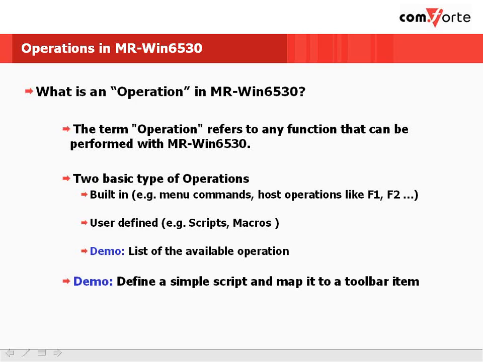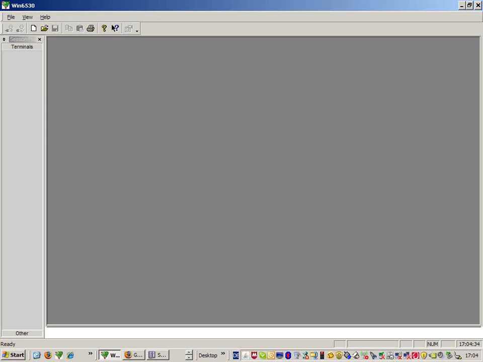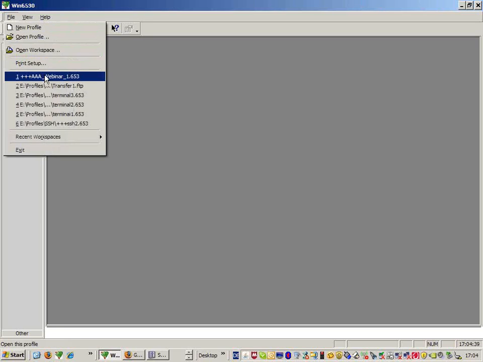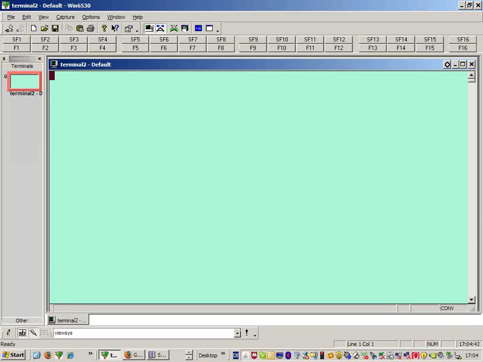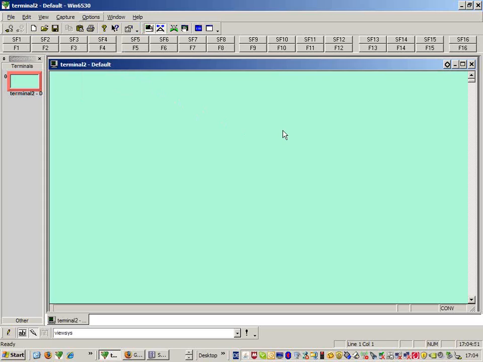We will have two demos here. In these demos, we will see at which locations the list of these operations are available, and we will define a simple script as an operation, and we will map it to a toolbar item. Let us go to MR-Win6530 screen. I have prepared a profile here. I will start this 6530 terminal profile, and if I go to the menu options and select communication, I get